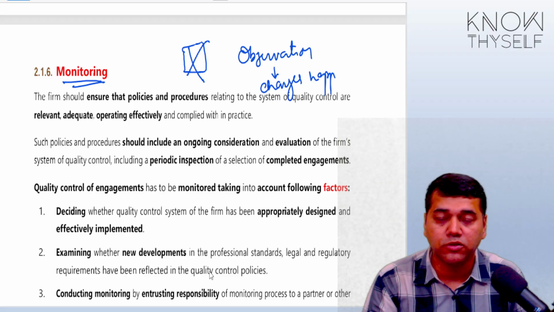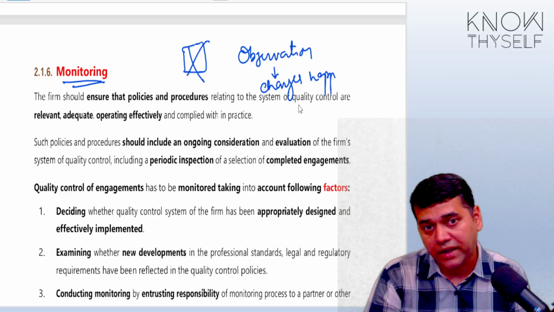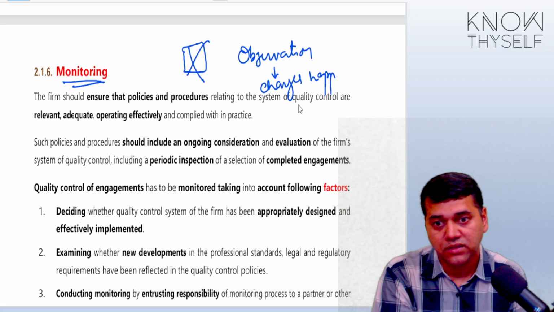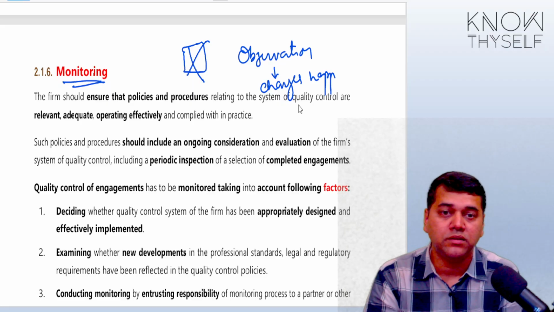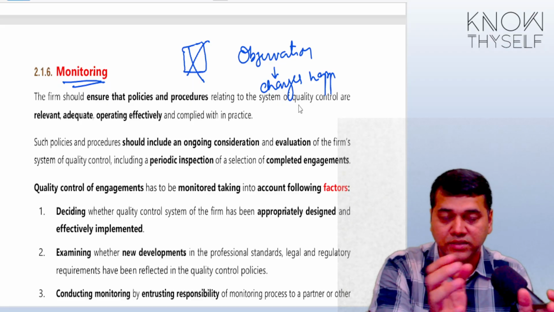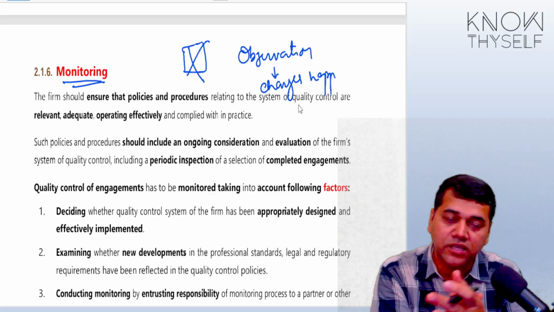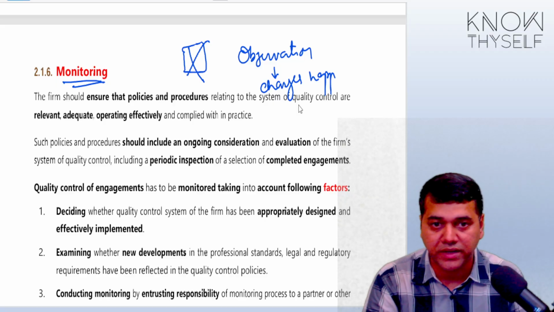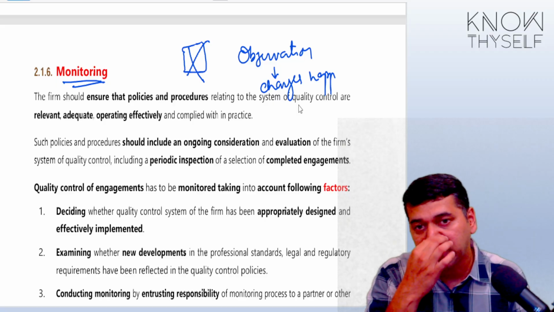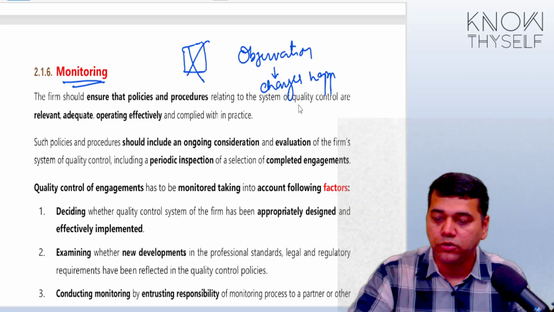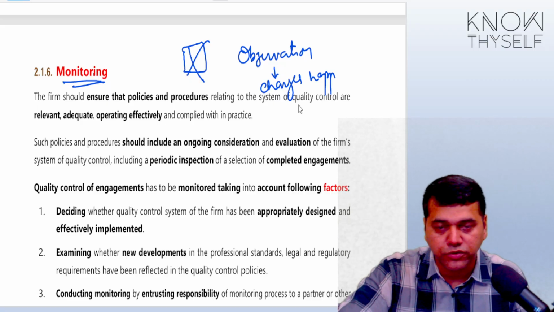What the doctors or the nurse is going to monitor about a patient, about their changes. And according to the changes, any new developments happen, anything changes, yes, they effectively do the treatment. They will change the system, they will change the procedures, they will change the medicine. A similar thing of monitoring should happen in your firm also, in SQC1 also.